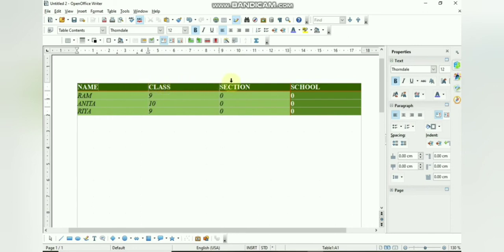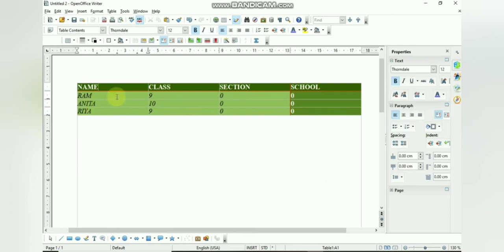So as you click on OK, you can see the table gets automatically formatted with the column names, I mean the field names, which are the headings, in a darker green color, and you can see the fields with a lighter shade of green. Okay, so this is the use of the auto format option in a table, which automatically formats the table from a list of pre-designed available formats. Okay, then our next topic is how to print a document.